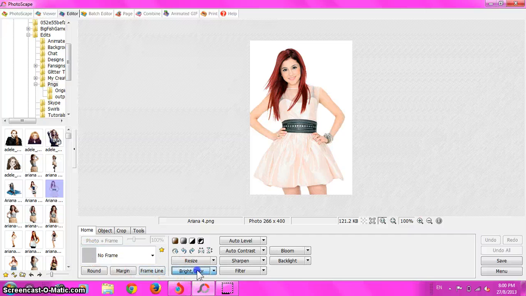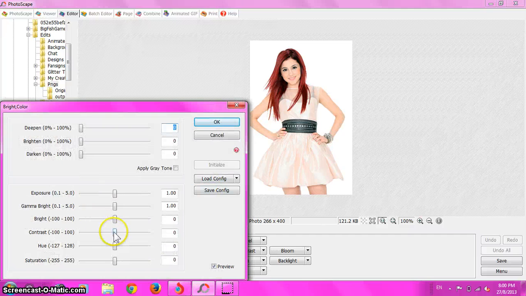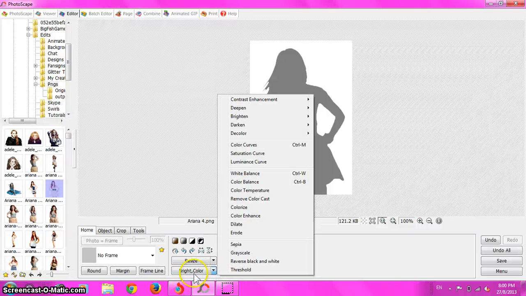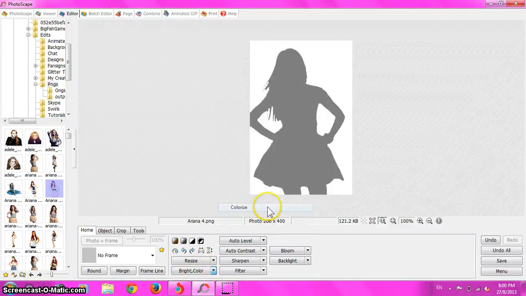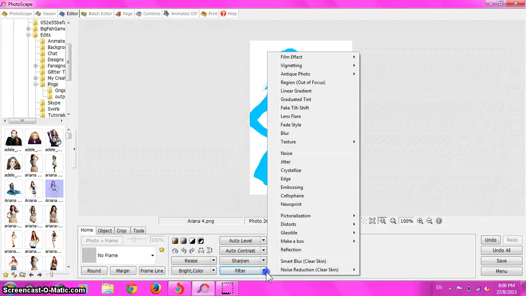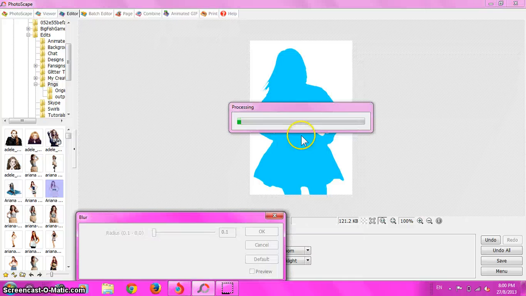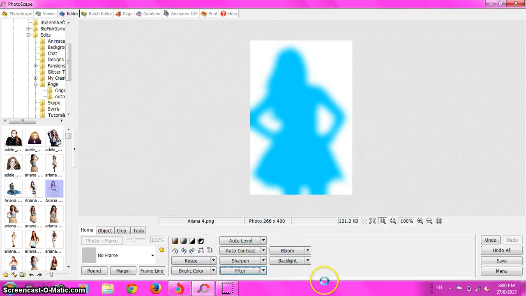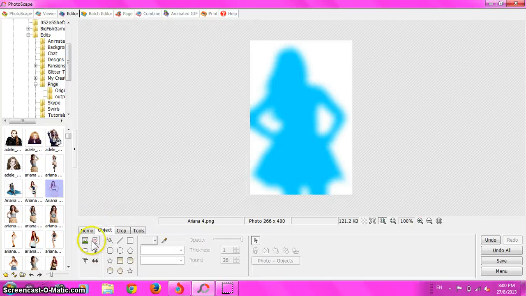Then go to bright color. Then make the contrast to negative 100. Then click the arrow beside the brighten color. Then colorize it. Then click filter. Then click blur. Then click OK. Then add the same photo